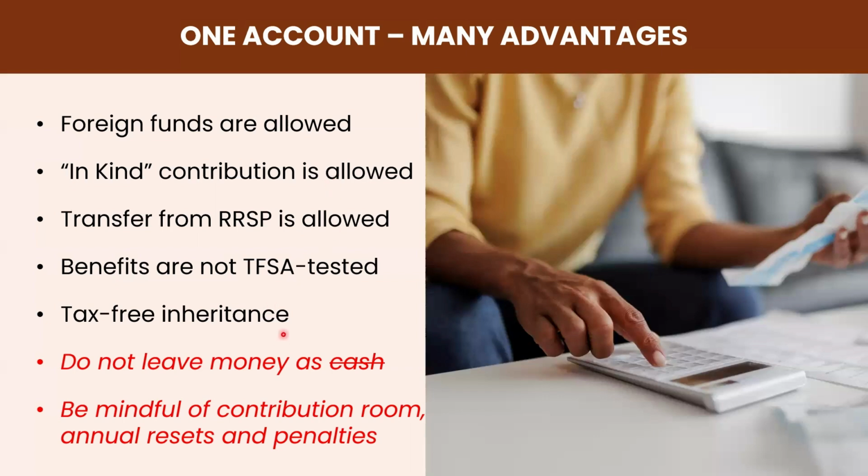Then when it comes to inheritance, in case someone is wondering, can I also leave this money for my beneficiaries or for my survivors when I move on after life? Yes, yes, yes, absolutely, you can do that. So you can use it for transferring wealth from yourself to your children or whoever survives you. The way you do that is to designate, that is, you indicate who the money should be paid out to. It can be your wife or your children. By default, it should roll over to your wife. But if you want it to go to any other person, then you need to indicate who the money should be paid out to. And the money is paid out tax free.